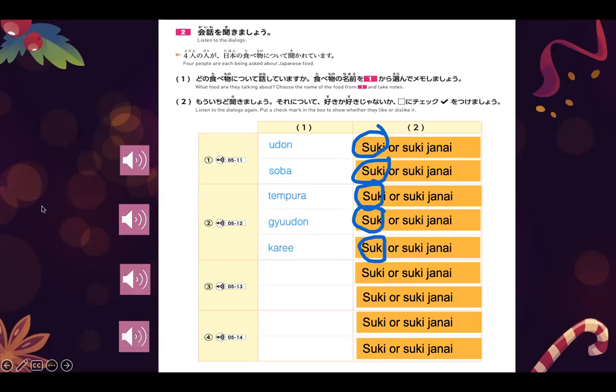3、日本の食べ物何が好きですか？私は納豆が好きです。そうですか。すごい。梅干しは？あ、梅干しはちょっと。